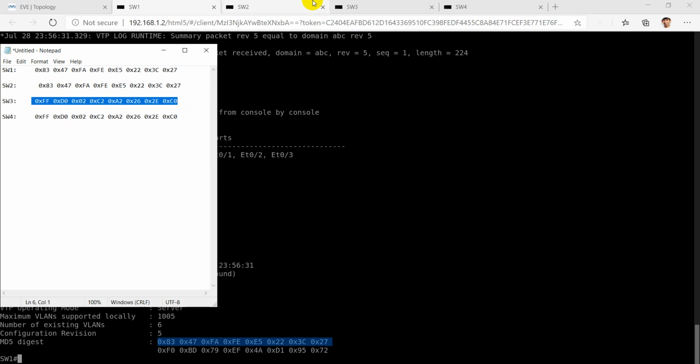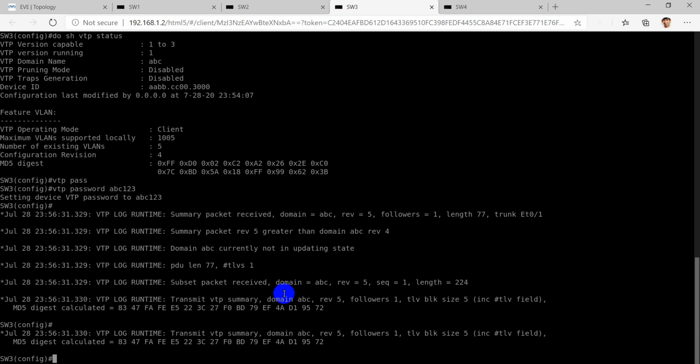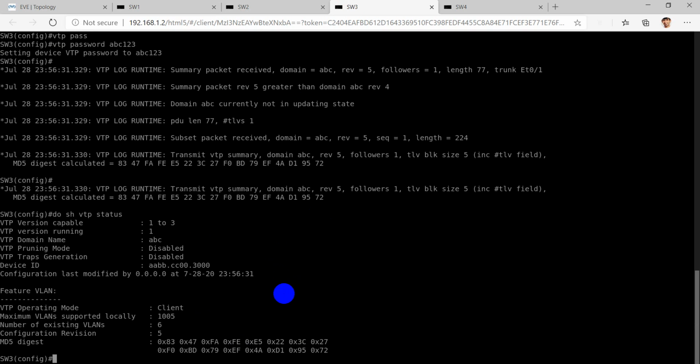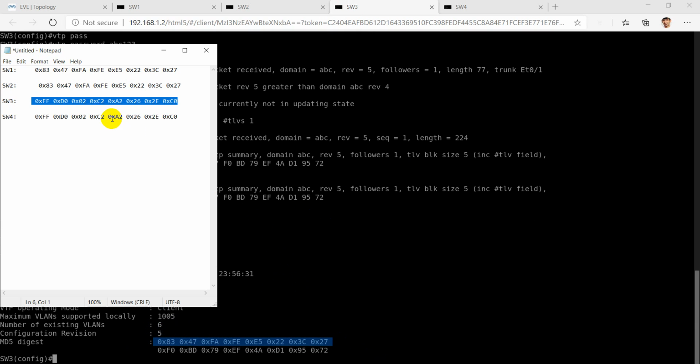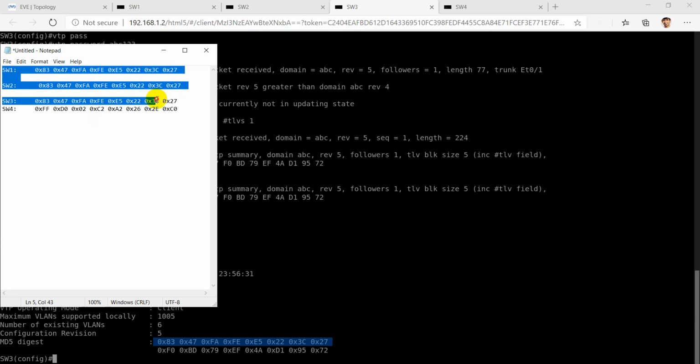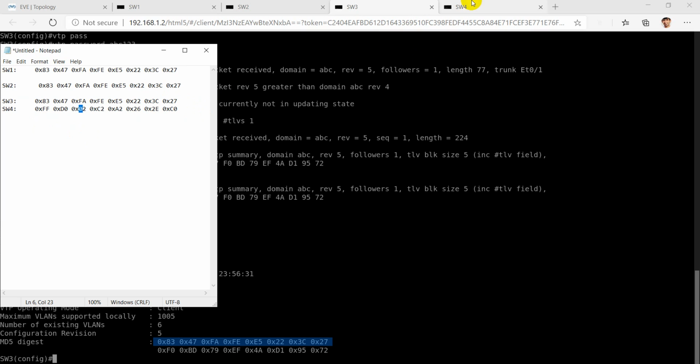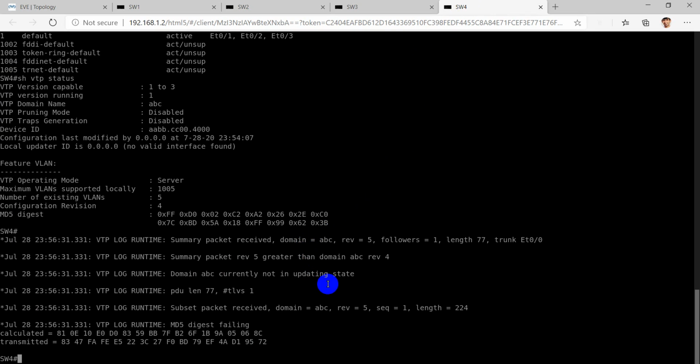Coming on to switch 3, this MD5 value has been calculated by switch 3, and all these three switches' MD5 values are the same. And now coming on to switch 4, the VLAN information is not propagated as the MD5 digest is failing.